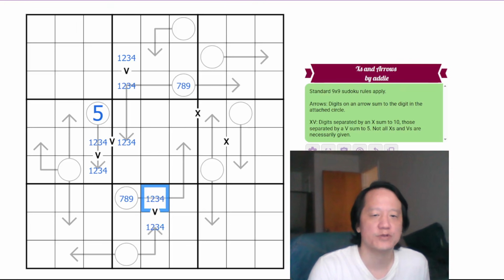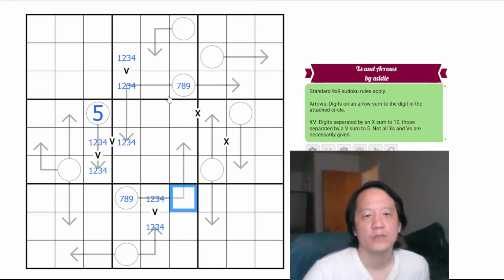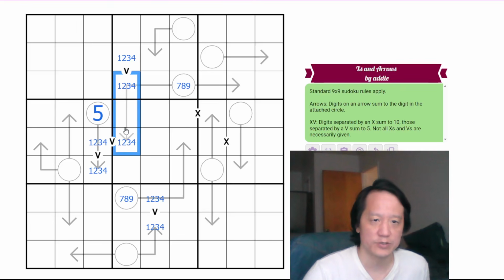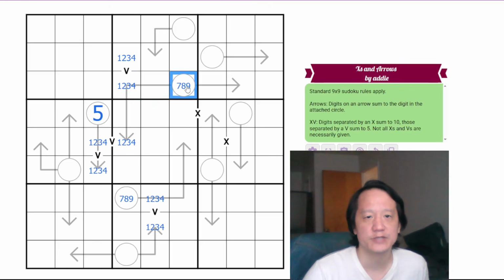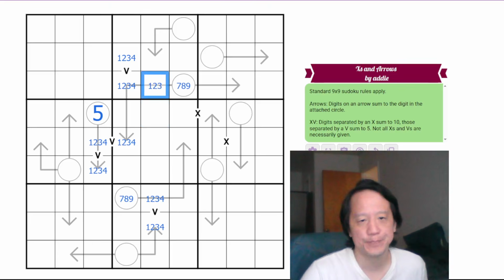So this must be 1 through 4 here because they add up to 5. And this digit, again, these add up to 6 at minimum. So 6 plus 3 at maximum would add up to 9 here. So this is a maximum of 1, 2, or 3 here. Anyway,